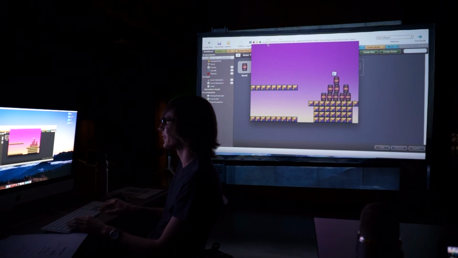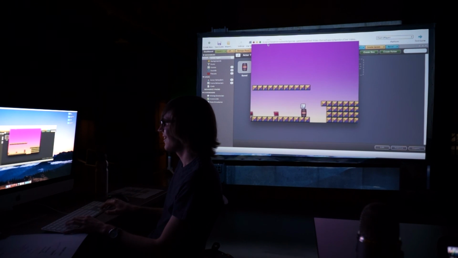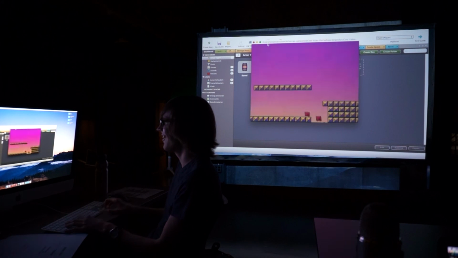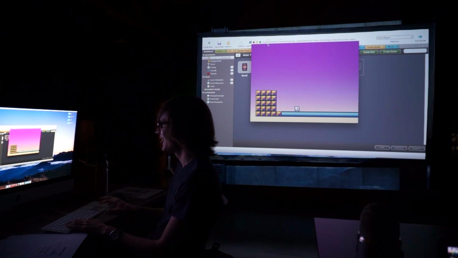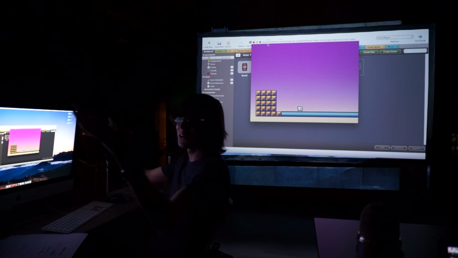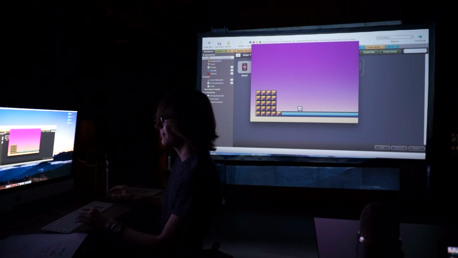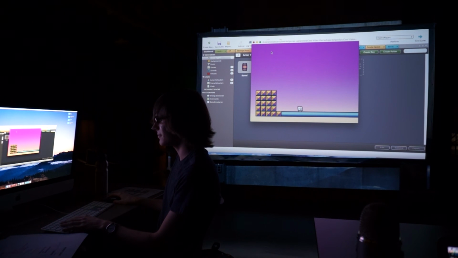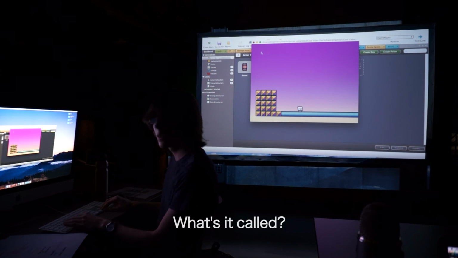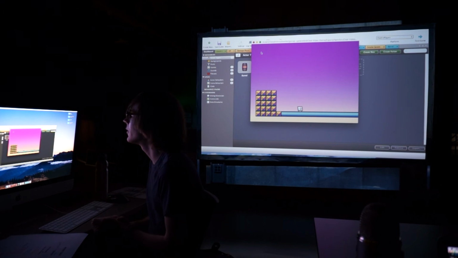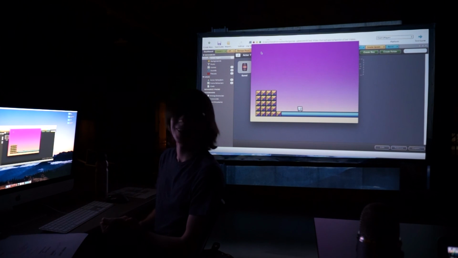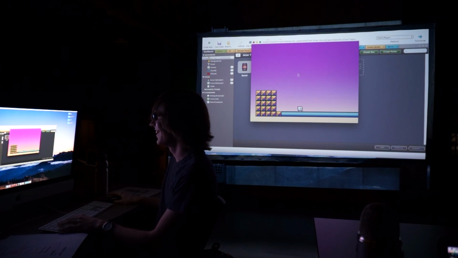Okay, then we get cool barrels, and then, I don't know, it's a video game, do whatever. So that's our video game that we just made. What's it called? It's called Cool Video Game. That's what we named it. So yeah,